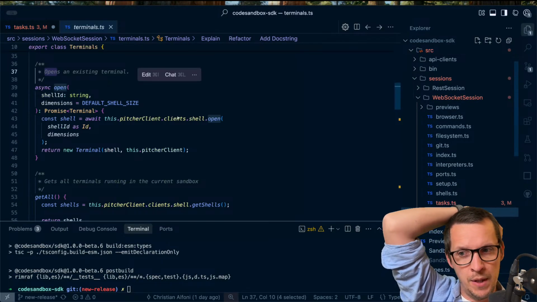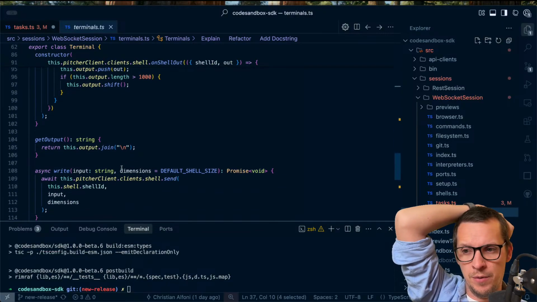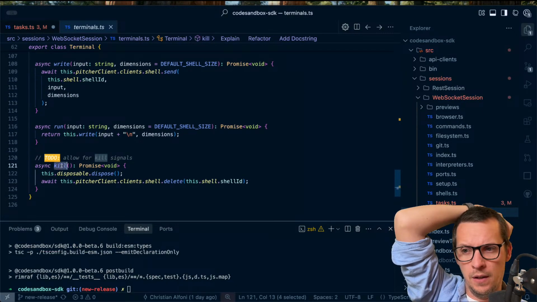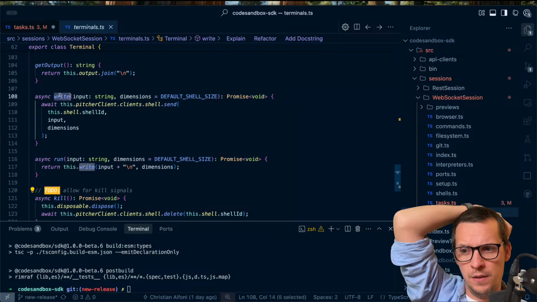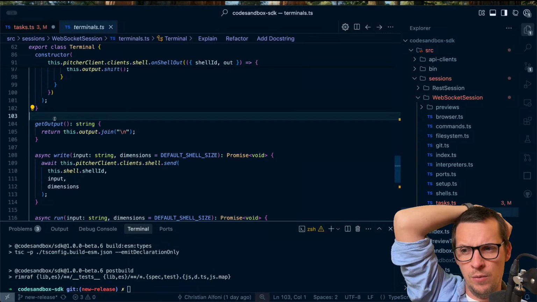So would it make more sense that when you have a terminal, you still have this abstraction of like kill, run, write. But if you actually wanna,